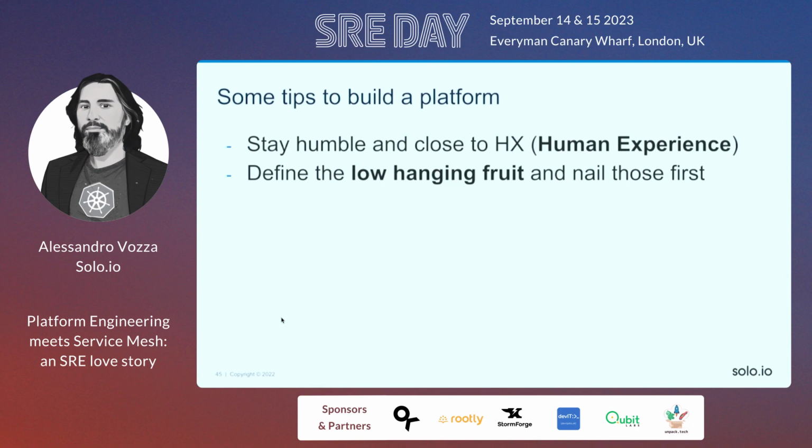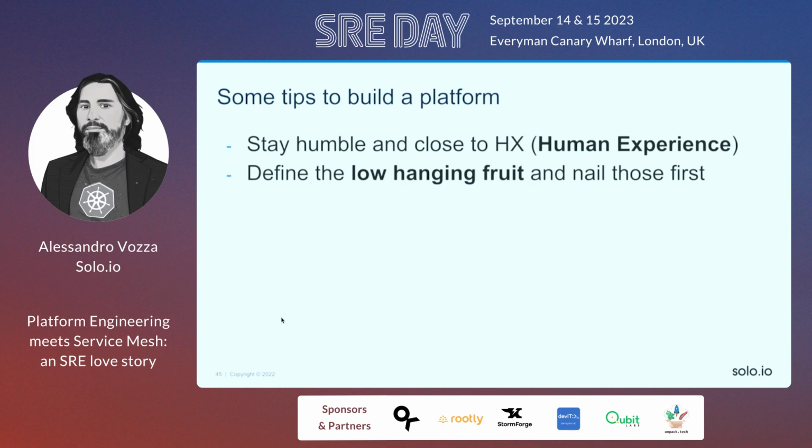Stay humble, right? So start from scratch. Just use the very basic features of Service Mesh. Things like mutual TLS come out of the box. You don't really need to think about it. You don't need to do chaos engineering with Service Mesh. You can, of course, or progressive delivery. You've got the tools that Service Mesh gives you the option of, but stay low in the first phase of